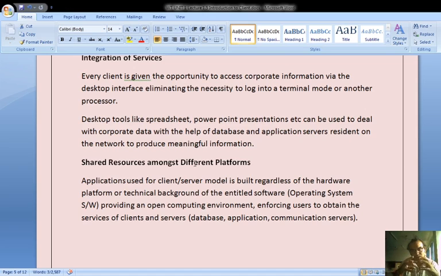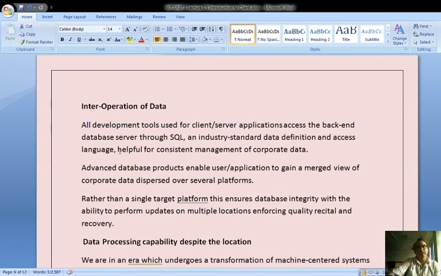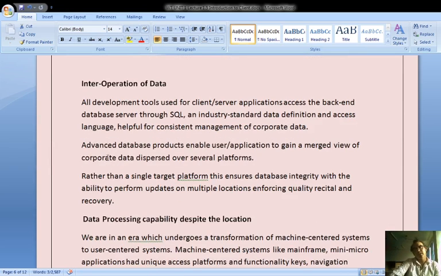So to obtain different services, the client can go to the server, and the server has database applications, communication servers, like this. Interoperation of data: with the help of this, we can go for the interoperation of data. And the backend services can be taken care of by the database servers through SQL and distinct standards, data definition.